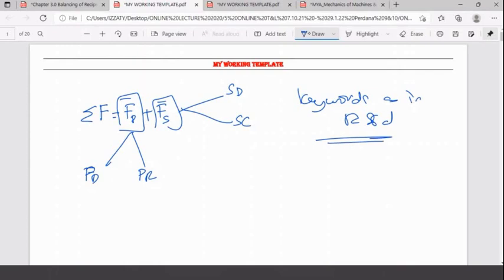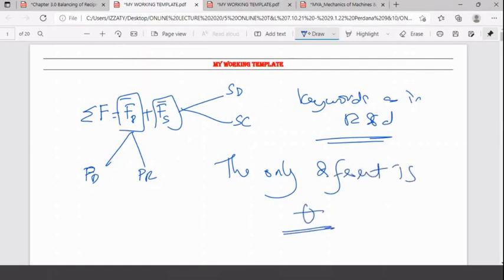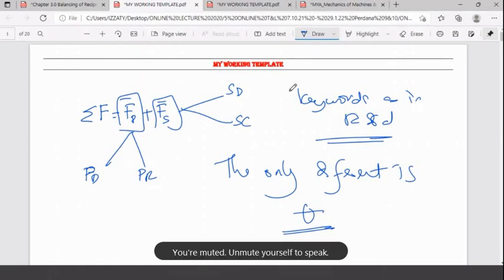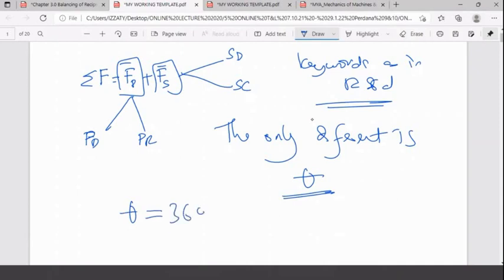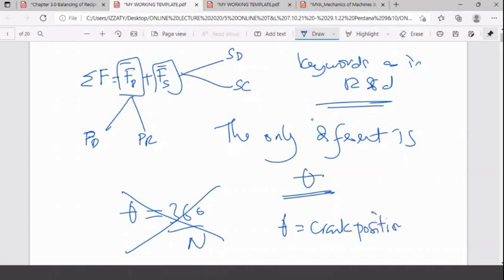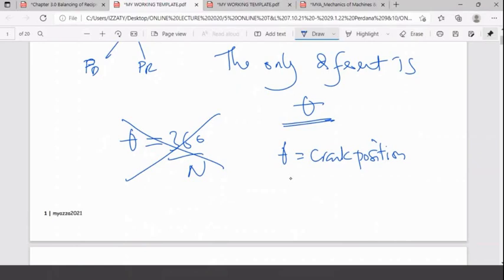The only difference now is theta. Theta is no longer 360 by n, so this one cannot be used. So what is theta? Theta is basically the crank position. So theta now is, listen up very carefully, theta is measured